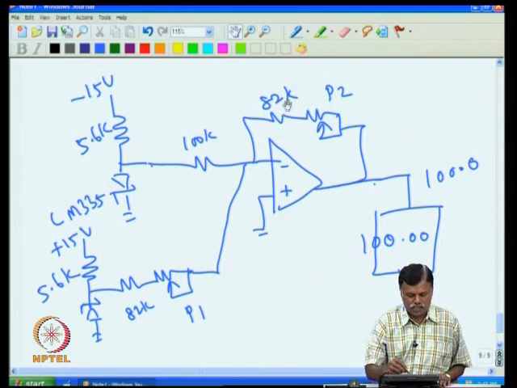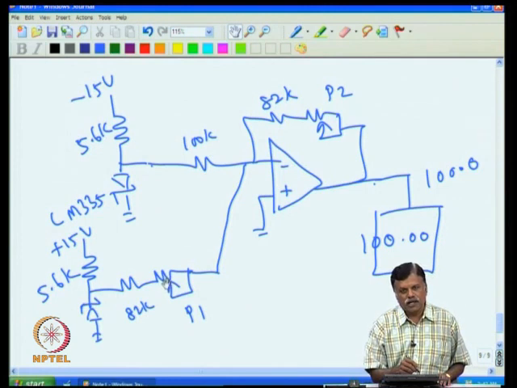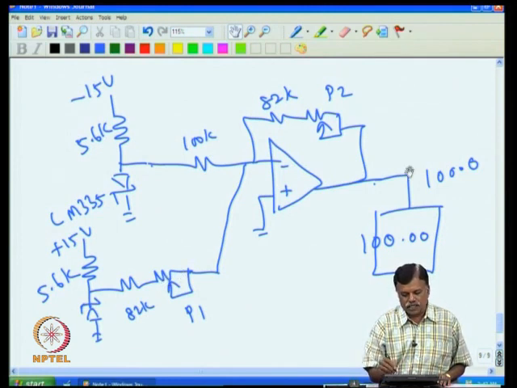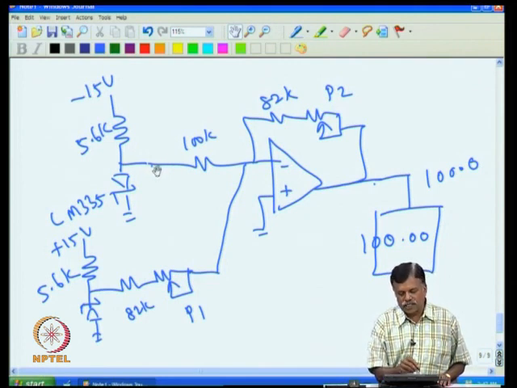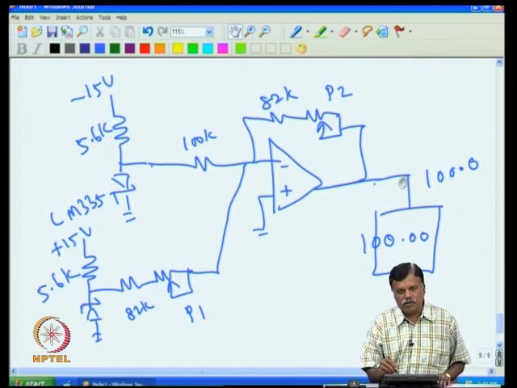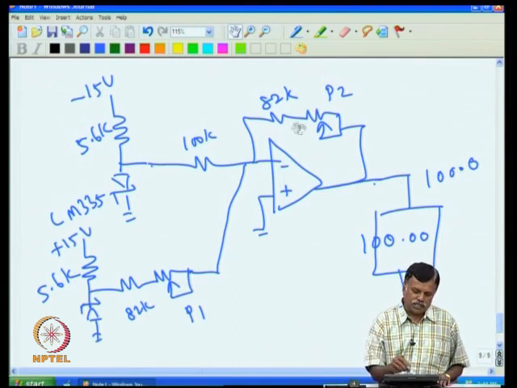Similarly, the resistance value may change with temperature, and this resistance may change, and this resistance may change with temperature. This also will change with temperature. This also will change. All these things will make it not accurate, because this may give accurately 3.73 volt at 100 degree C, but this chap may not give 100 degree C equal to 1 volt all the time. At room temperature it may give 1 volt. At high temperature this may not give 1 volt, it may go higher or lower depending upon the components, how these components are drifting and how the operational amplifier